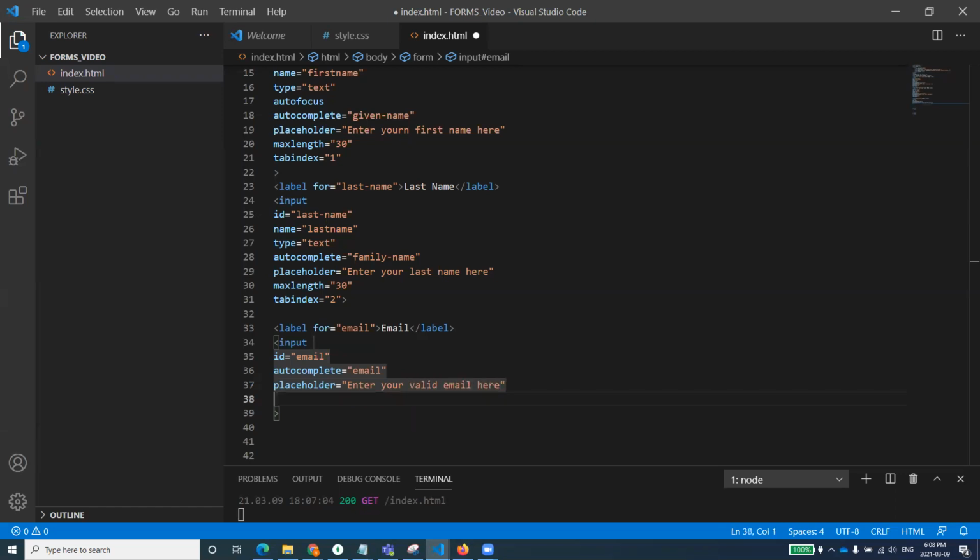You can see we are not setting max length because an email might be of greater length. So what we are doing is setting the tab index equal to 3, since in sequence it will be 3 now, right? And now the type, which usually comes over here, so I will just write it over here.